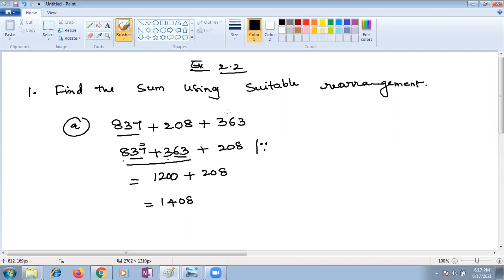Whatever number 363 is in third order, you are bringing to the second place, and you are sending the second place to third. That means order change property is nothing but what? Ma'am, commutative property. Yes, commutative property. Since we are using the commutative property of integers, we are calculating by changing the order.